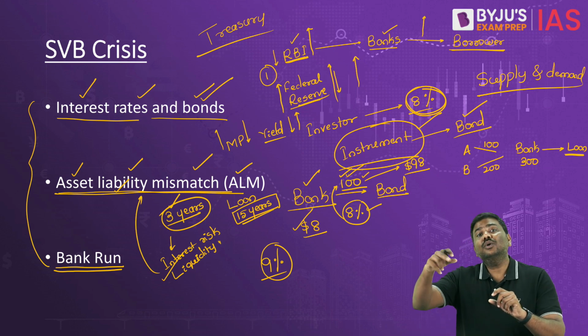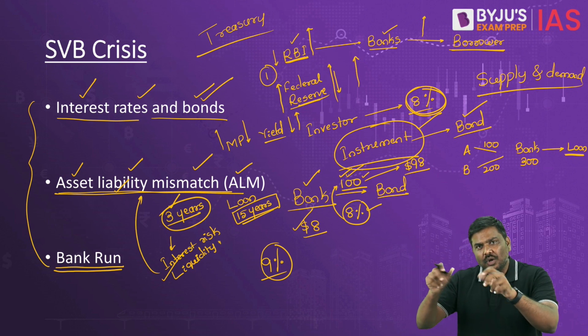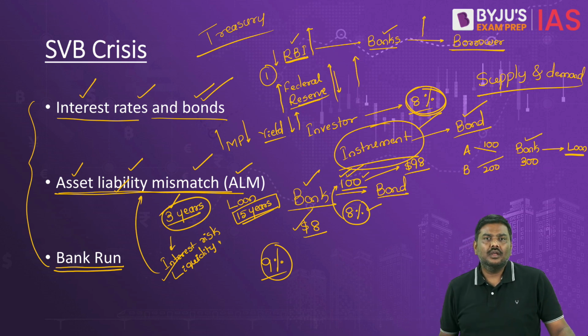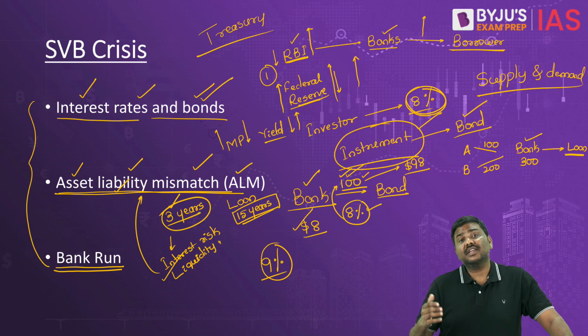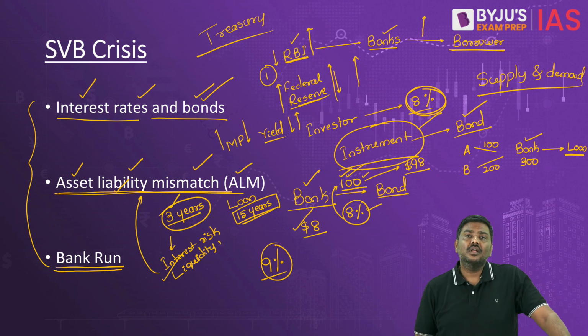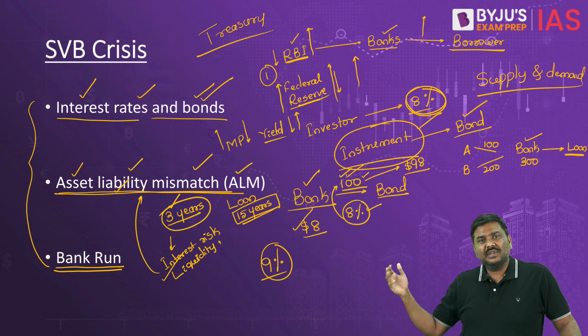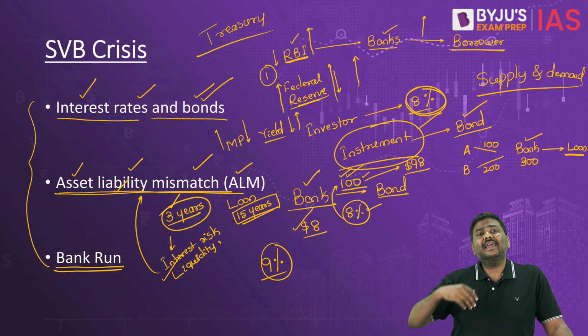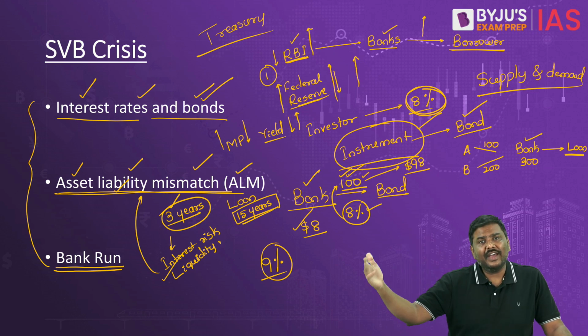Now, there is some news in the market related to this bank, and the news is not good. The news could be that the bank is incurring a huge loss, or that the bank has given a loan to a businessman who has shut down the company. The bank's NPAs, non-performing assets, are very, very high.